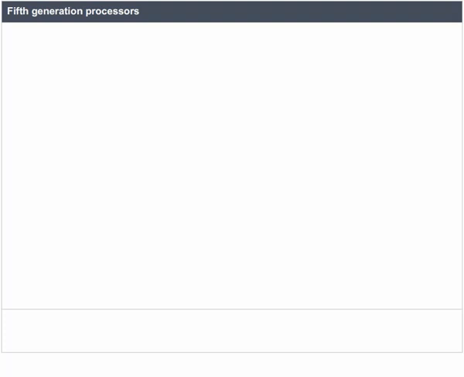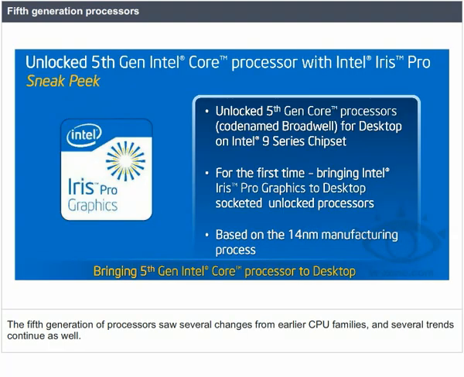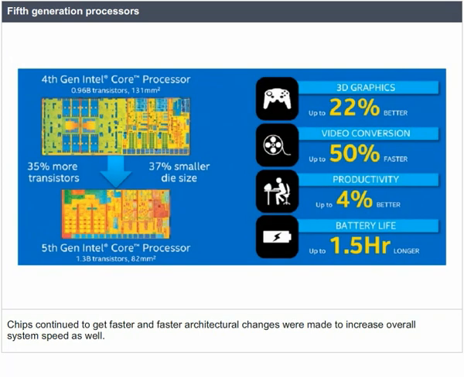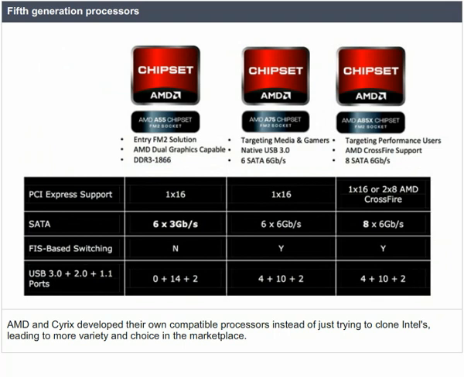Fifth-generation processors. The fifth generation of processors saw several changes from earlier CPU families, and several trends continue as well. Chips continued to get faster and faster, and architectural changes were made to increase overall system speed as well. AMD and Cyrix developed their own compatible processors instead of just trying to clone Intel's, leading to more variety and